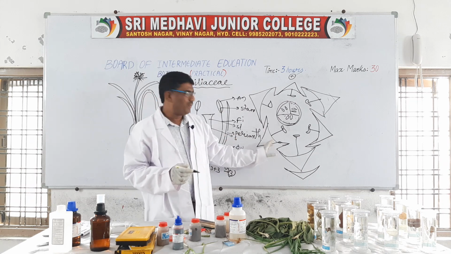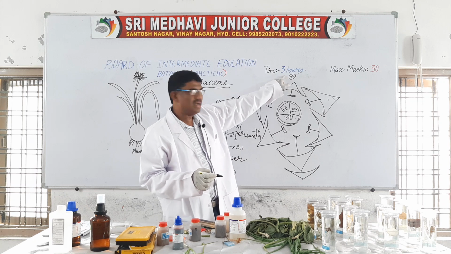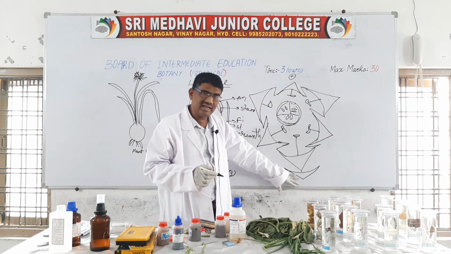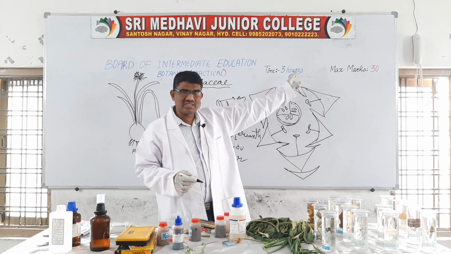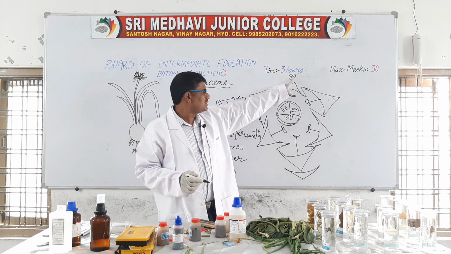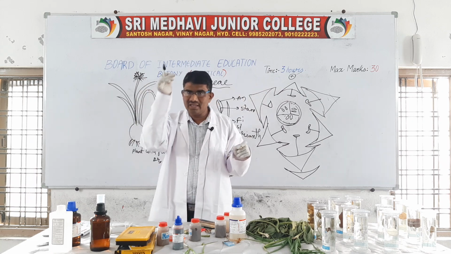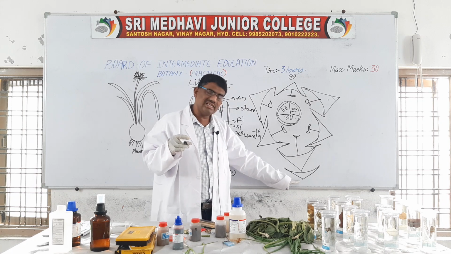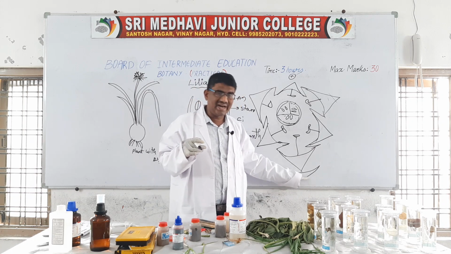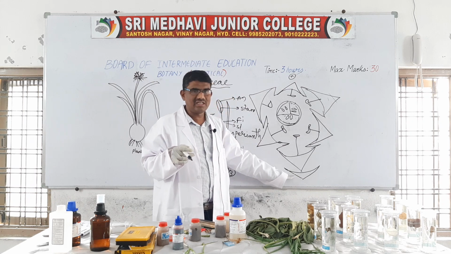Then after that, the floral diagram. When we observe the floral diagram, this is the bract side, where the bracts are present, called anterior. The side opposite the bract is called posterior. The posterior side always contains the mother axis. Mother axis means where the flowers are attached. In this, bracts are present, so we must draw the bract compulsorily.